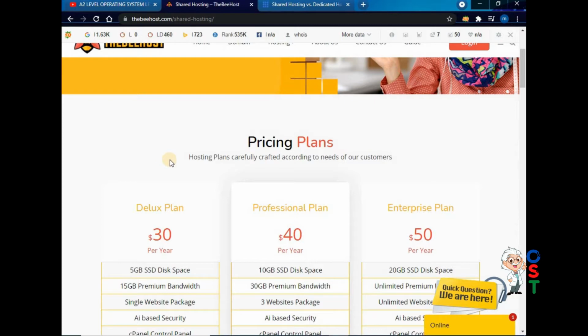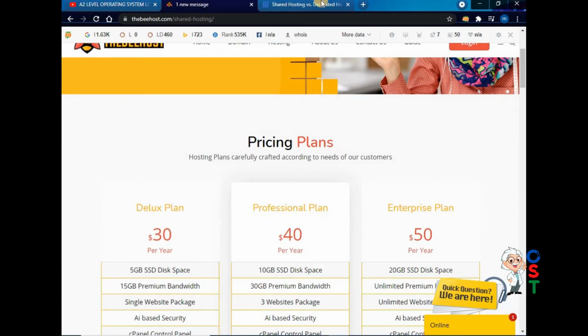Otherwise, for learners, for beginners, and those who are not making their website for permanent reasons, we have some free web hosting plans also available. But there are some disadvantages also which you will have to see when you are opting for a free web hosting plan.